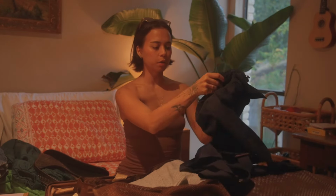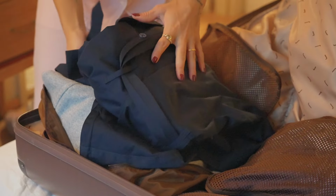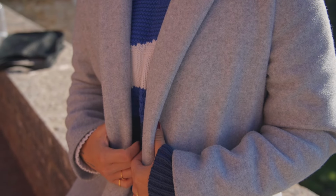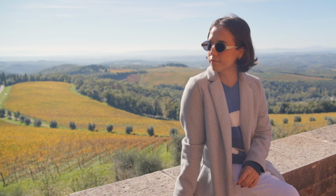This is one, I actually borrowed this from my mom because I don't have that many trench coats. Like, I've lived in a van for the past few years, so obviously it's not really a regular thing that I need in my wardrobe. And then this, I'm actually borrowing from my sister. This is from Zara, and it is a gray trench coat. In this main compartment, I also have